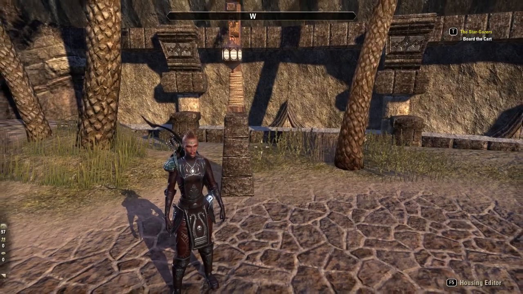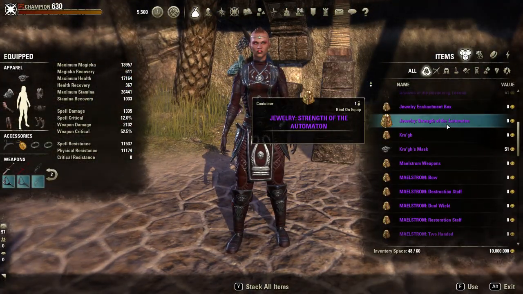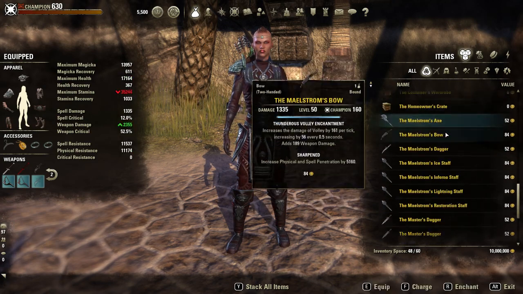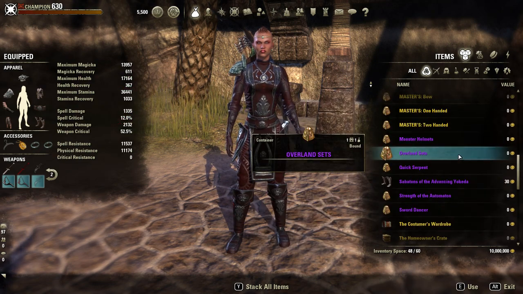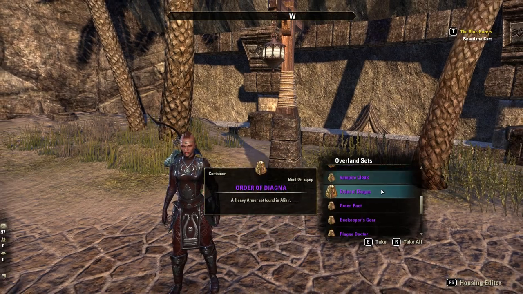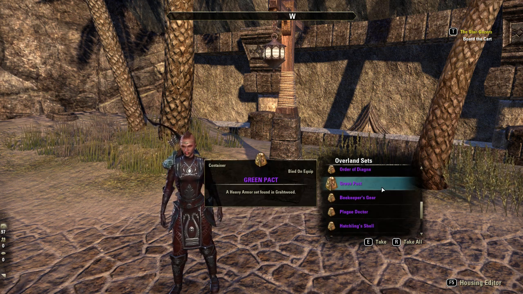And also the changes to armor in the game. So I do want to show you guys this. I can't show you the armor. I don't know if I can actually even show you the armor itself, but I do want to show you guys this. So they do have some new overland sets and new things coming. So I'm going to go grab, because I'm trying to think of any of these that might give extra damage,